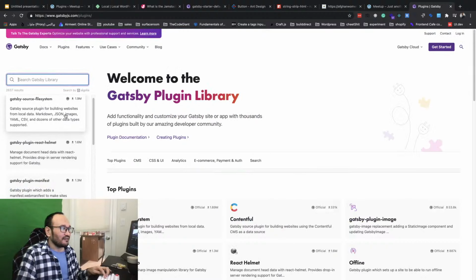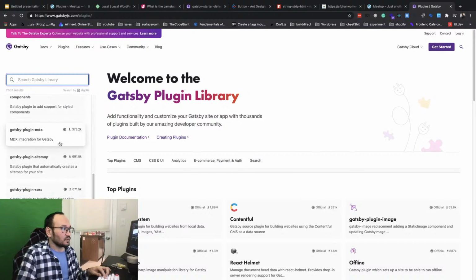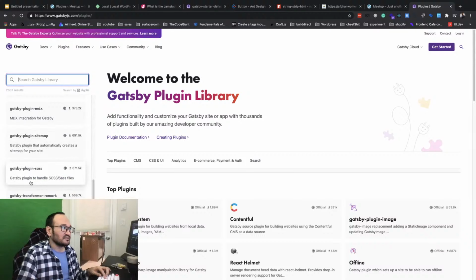And oh yeah, don't forget, Gatsby has image optimization. It automatically optimizes your images and does a lot of good things for you. It also already provides you GraphQL to query and get that data. If you want to make a sitemap for your app, for example, you just get gatsby-plugin-sitemap. If you want to add Sass, you just add gatsby-plugin-sass, and then go to the documentation. So easy. It's plugin based, and you can even build your own plugin.